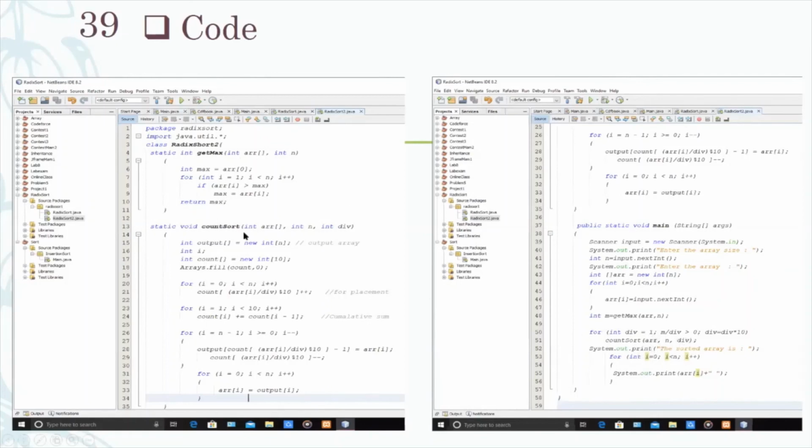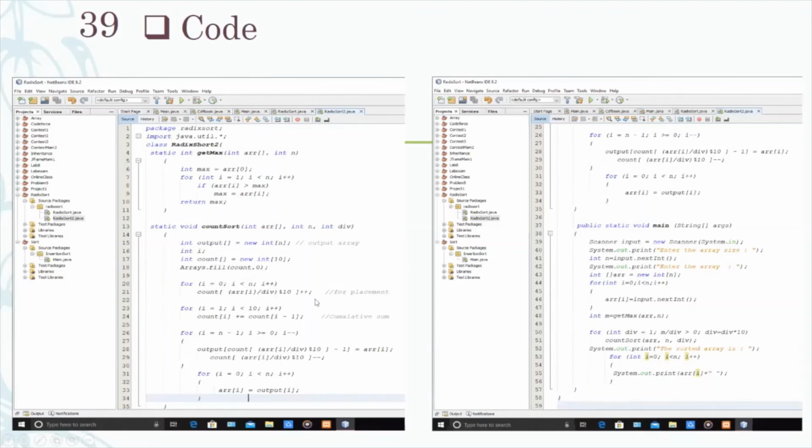Okay, here is my counting sort function. Here is the output array, then the count array, and I fill the whole count array with 0.